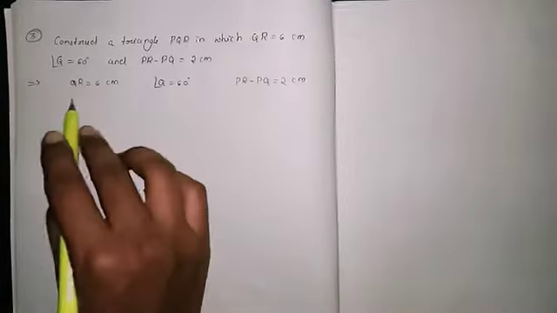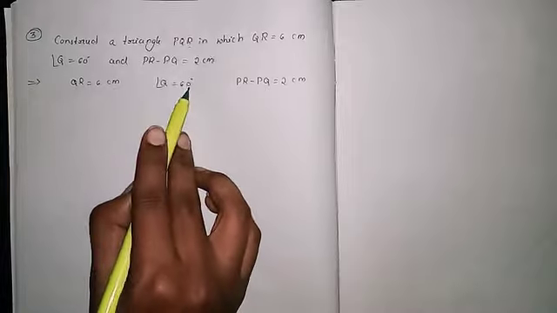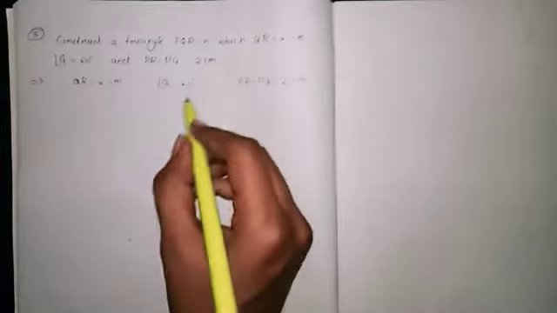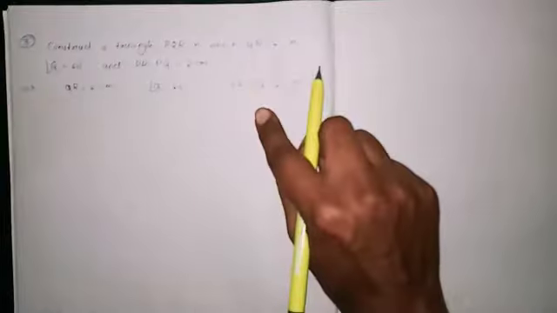So the third problem is also similar to the second one. So here QR is 6 centimeter, angle Q is 60 degrees, so easily you can do it, and PR minus PQ is 2 centimeters. So subtraction, that means you have to increase the length and it will meet at one point. From that new point you have to draw. So the first thing you have to do, take it at the bottom, because as it is negative it may get increased. So 6 centimeter first. So draw the 6 centimeter.